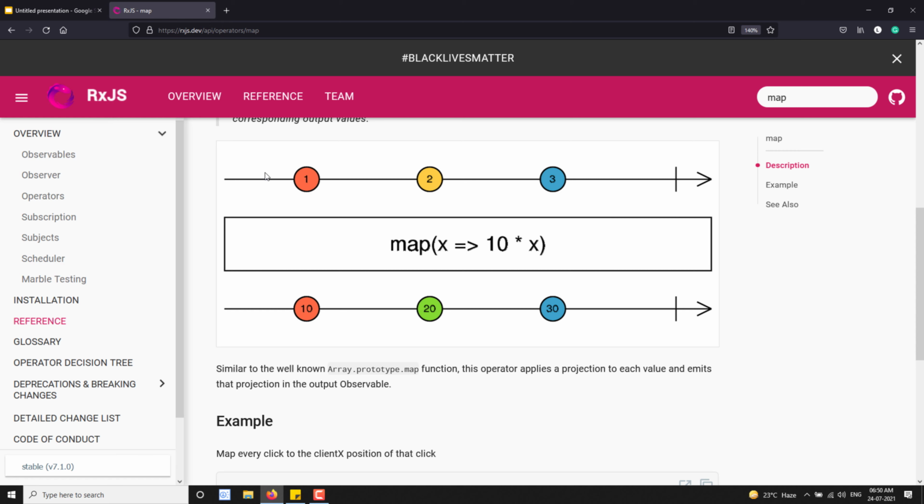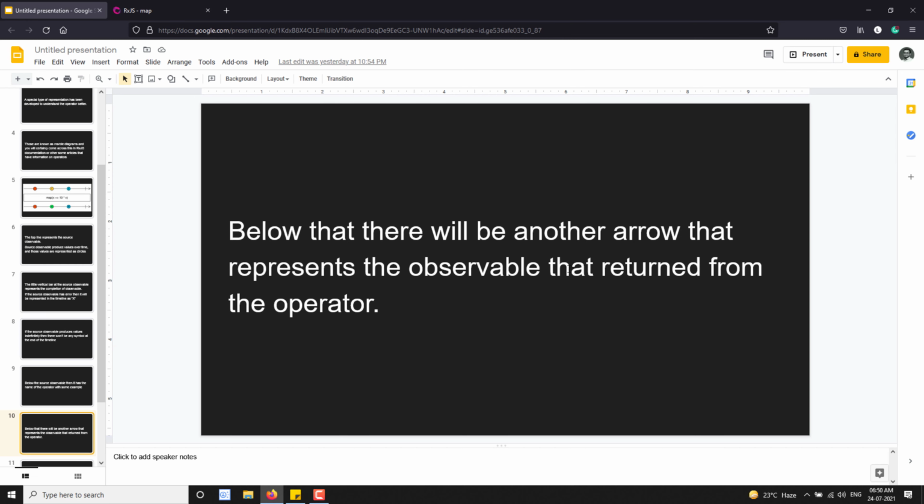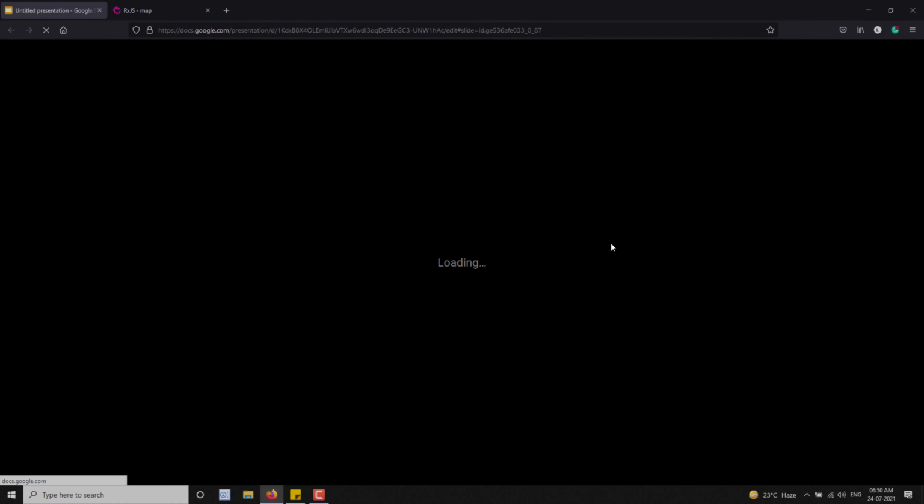The top arrow is the source observable it is taking, it does some calculations, and the map operator returns another observable. The arrow below is also an observable, emitting values, and the vertical line is the completion of the observable.